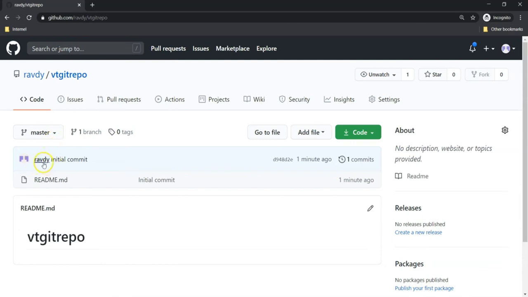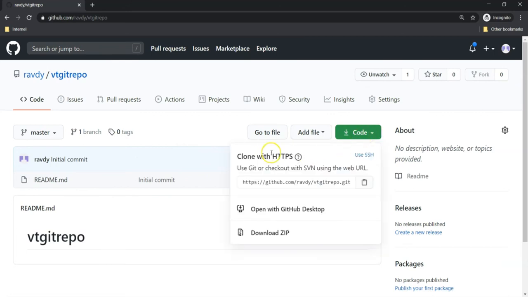It is initialized with an initial commit, nothing but I have done one commit. We have seen commits by using git log, right? The same thing you can see here. And commits, you can check it out over here. This is the one commit and it was done 1 minute ago. And here you can see go to file, add file, code. Okay, there are different options over here, and we are majorly going to use this one.